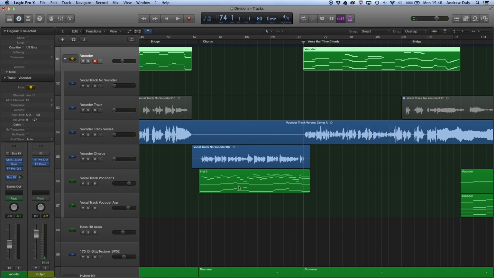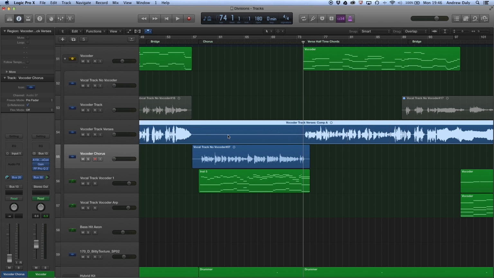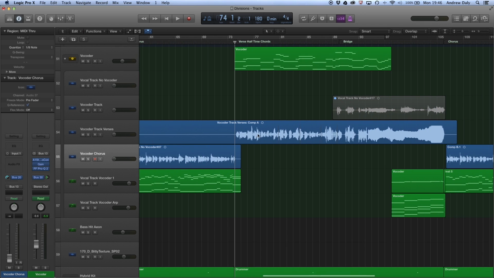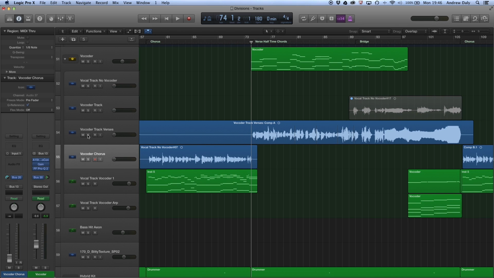So during the chorus, this has a very similar effect, hence I put it on a different vocal track, because I had to treat the original source signal differently to this one here. Basically, I just now play part of the